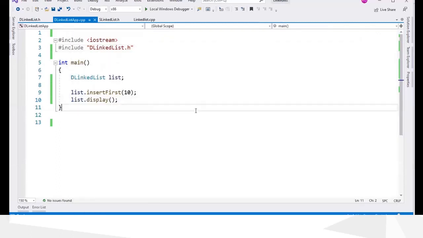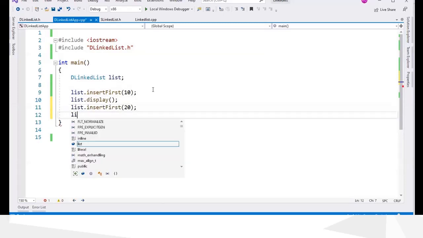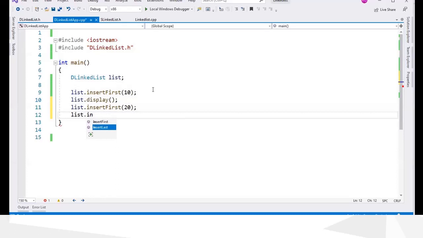Okay, so now we will insert some more and see. 20, and then list insert last, say 40.